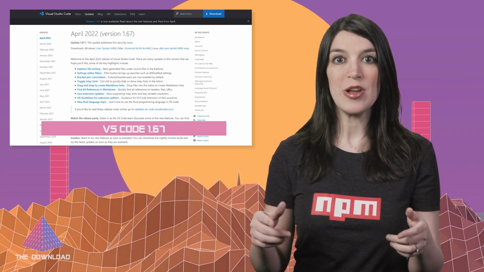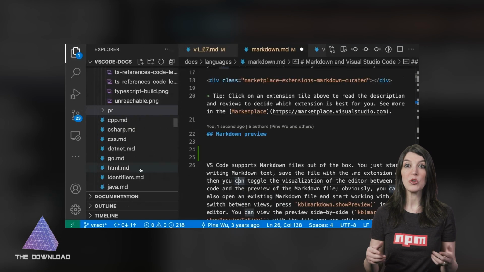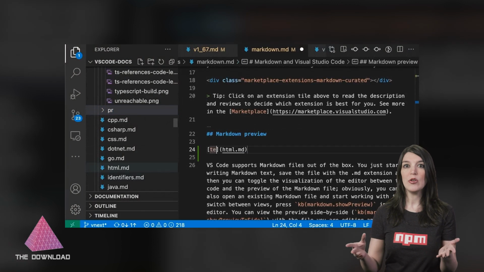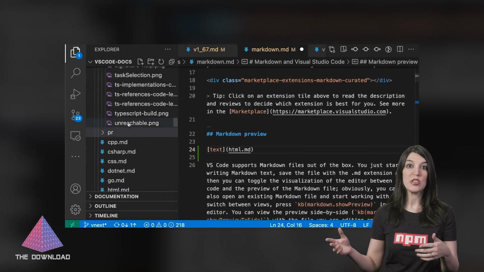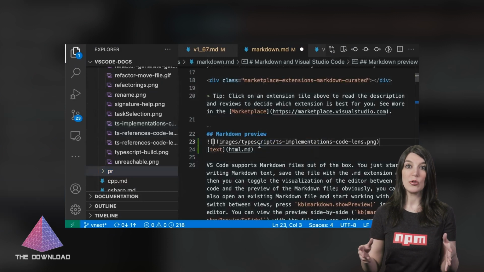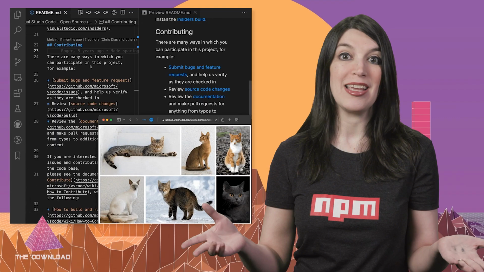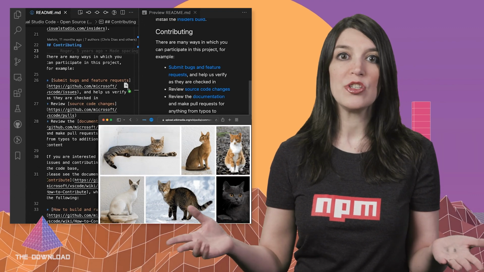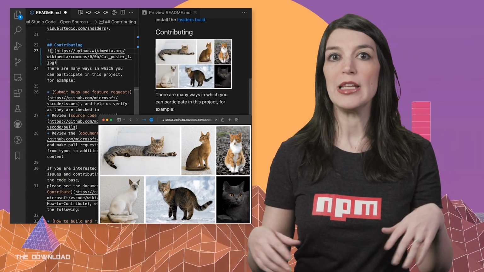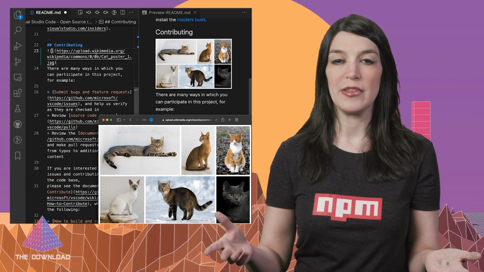And so VS Code 1.67 includes the ability to create Markdown links by dragging and dropping files into the editor. Now, you can do this by dragging a file from the VS Code Explorer window into a Markdown doc. Just hold Shift while you drag it in, and it'll create a Markdown link. You can also do this from an external application if you have an image on the web, for instance, and it'll create a link. And it's smart enough to distinguish between link types, so images will be treated differently from text.